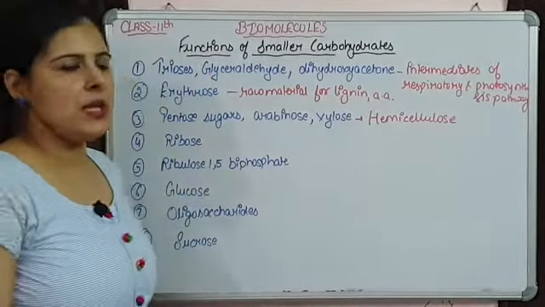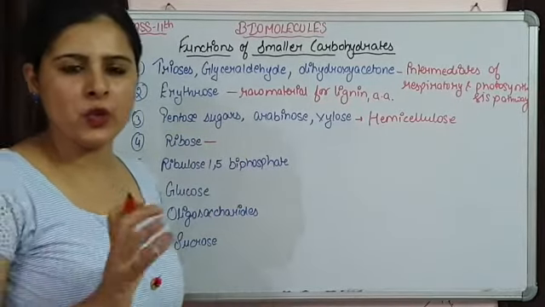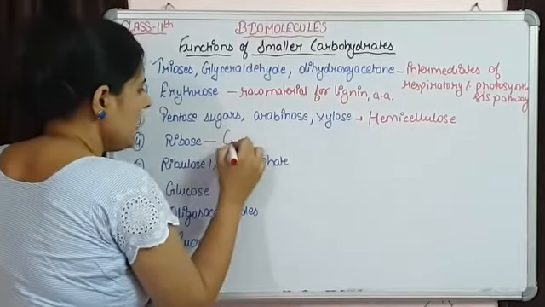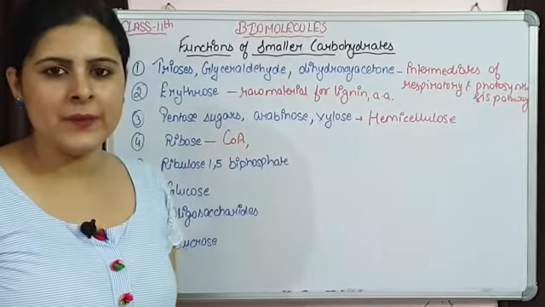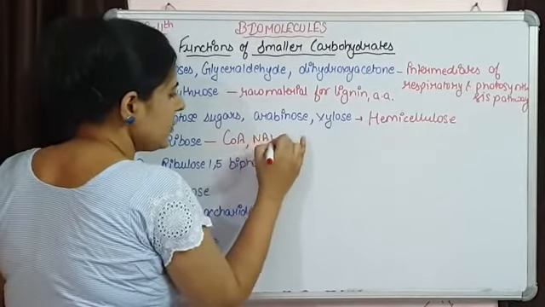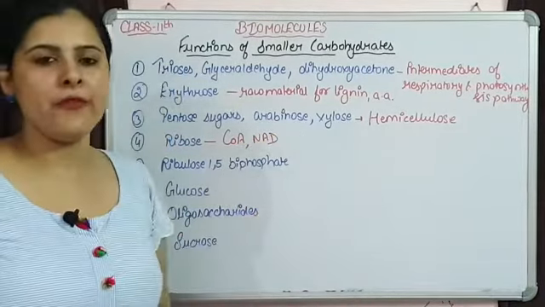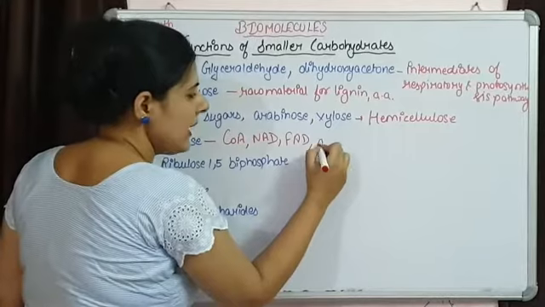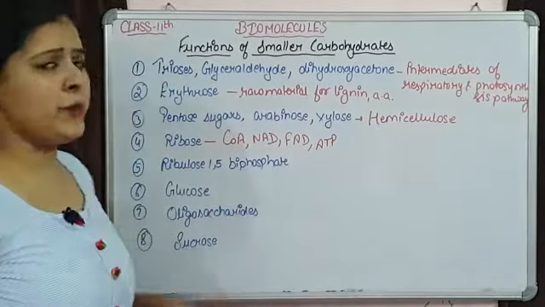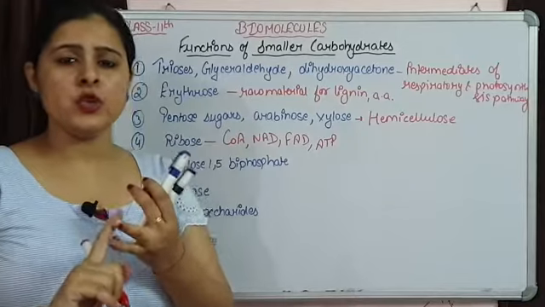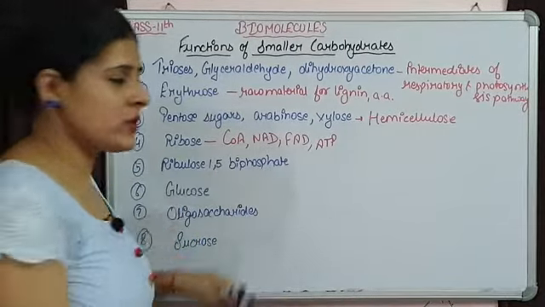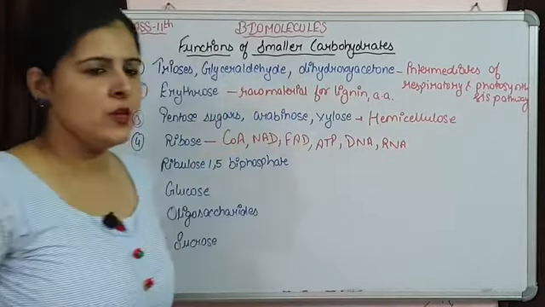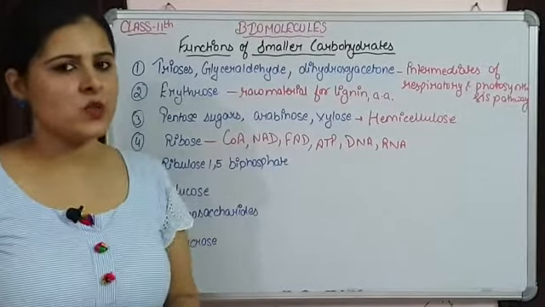Then comes ribose. Ribose is an important sugar, pentose sugar है और बहुत सारे chemicals का part है ये ribose sugar. Coenzyme A is there, NADP is there, NAD nicotinamide adenine dinucleotide, FAD is there, flavin adenine dinucleotide. Then we are having ATP. इसके अलावा this ribose, RNA and DNA, the sugar that is present in them is a ribose type. So it is going to be present in the nucleic acids like DNA and RNA. So this is the function of ribose sugar, that is very important.